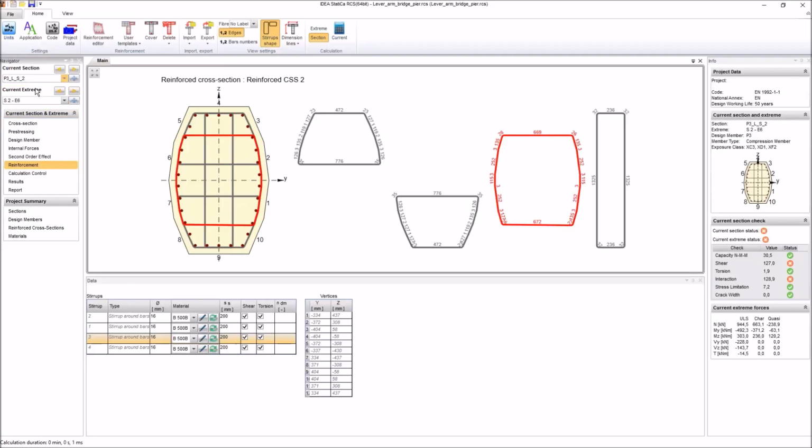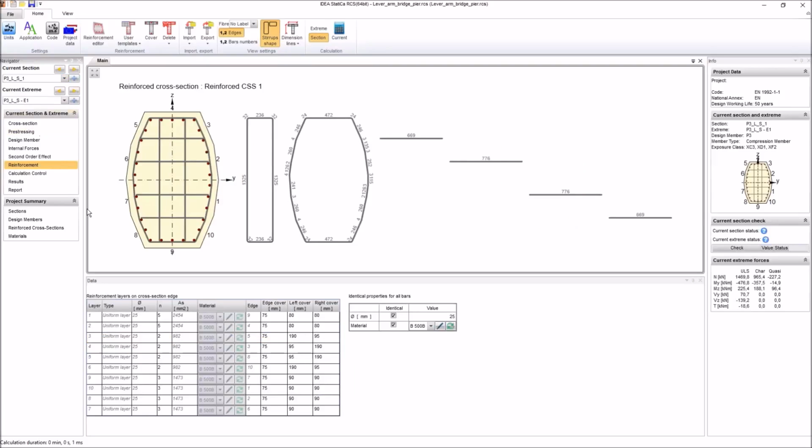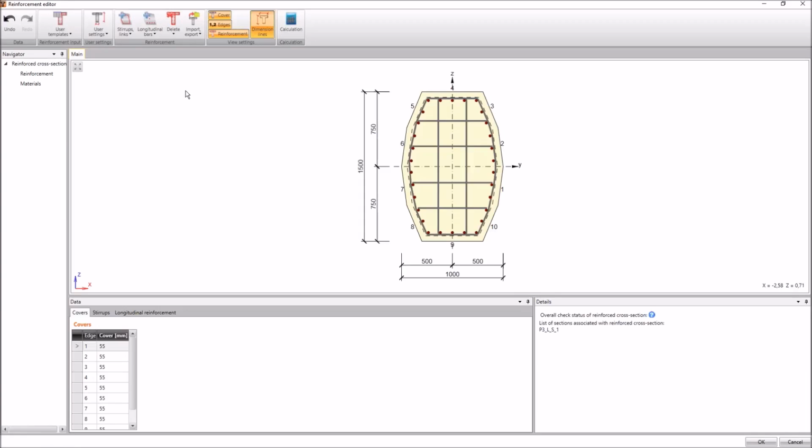This is the other section. You can see here, actually, from the point of view of the construction, detailing rules, and possibility to even insert such stirrup into the bridge pier, this is, I'm sorry for saying so, a stupid shape. But it can generate, if I go to reinforcement editor, you can immediately go to user settings and torsion, and